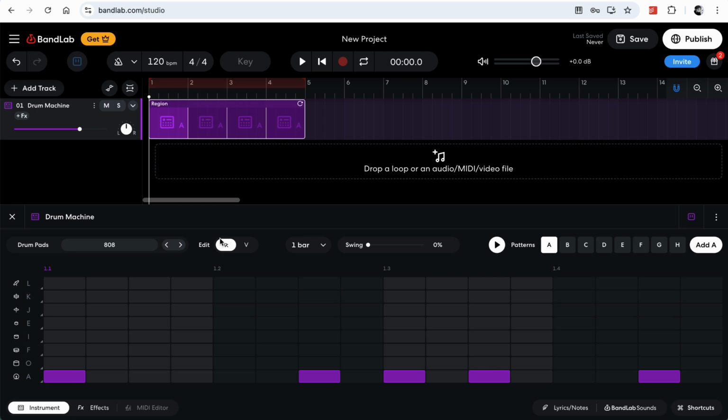Next, I'm going to add my snare. Remember, this is key on the 2 and the 4. This is the backbeat that we get here. So here's my snare. And on beat 4. So now I have